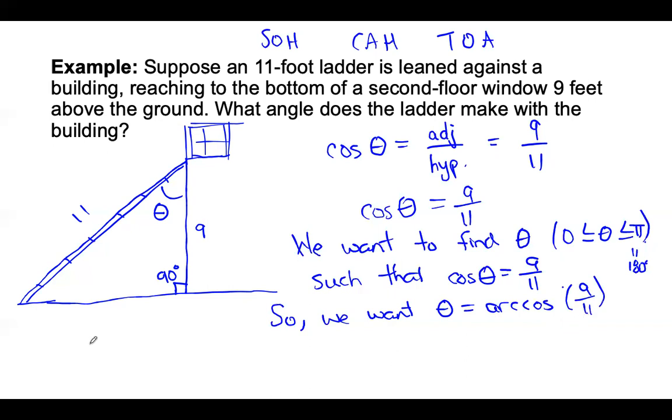Then we could use a calculator. If it was on a test, we stop at this point, right? Because we're not using a calculator, but if we were doing it on an assignment and we could use a calculator, using a calculator,